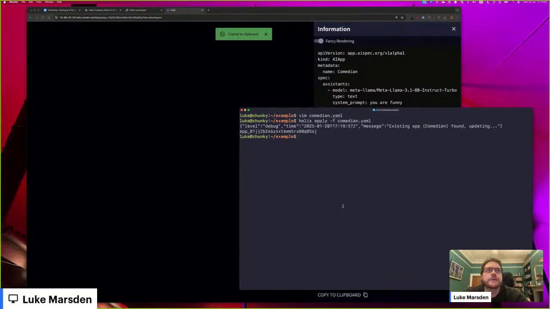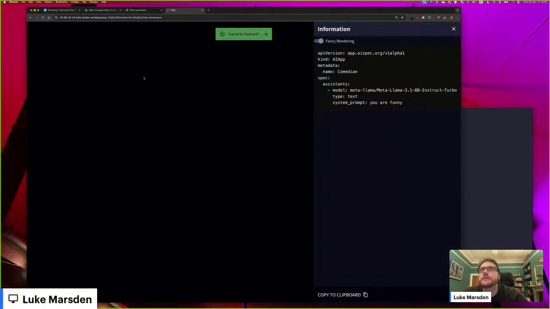And if you're familiar with Kubernetes at all, you'll find this apply command comes very naturally. It basically means install or update. That's what apply means. It's this idea of a sort of declarative configuration, so you can just continuously keep the application up to date. And then you can use CI/CD tools. So that helix apply will have gone and updated the comedian here